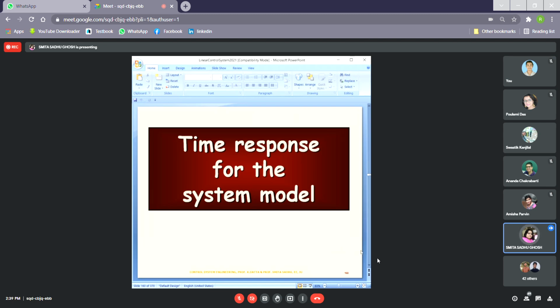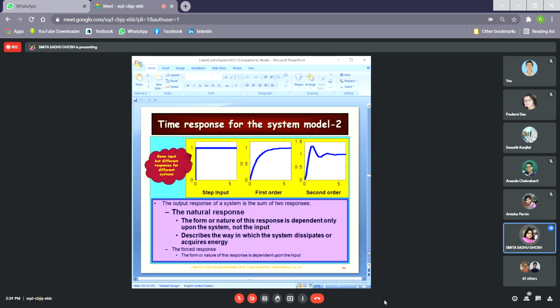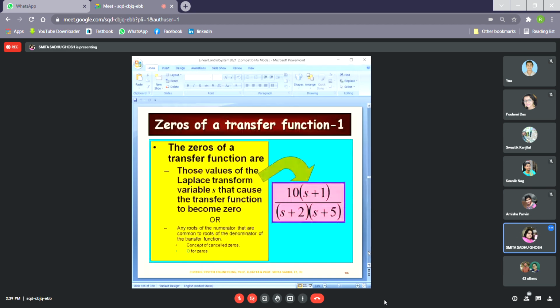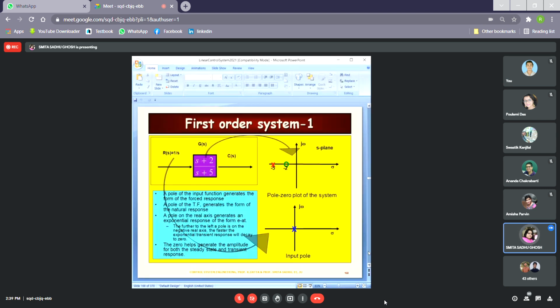Also know that that portion has been already done. It's going to be taken as done. So time response for the system model, you would recollect, we had spoken about the natural response and the forced response, and then for the definition of poles and zeros, concept of cancelled poles, cancelled zeros. Then for the first order and